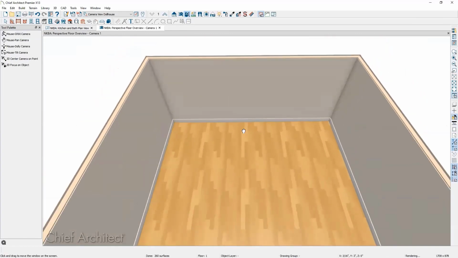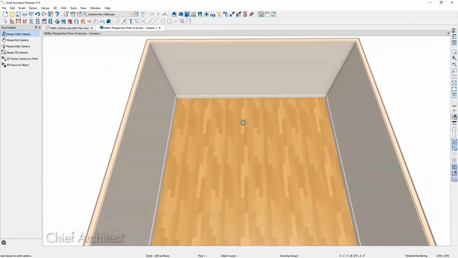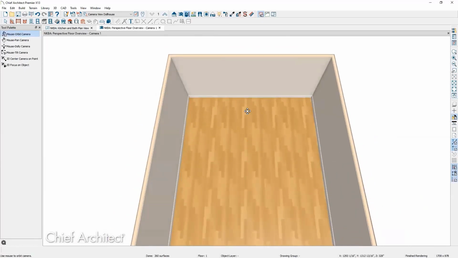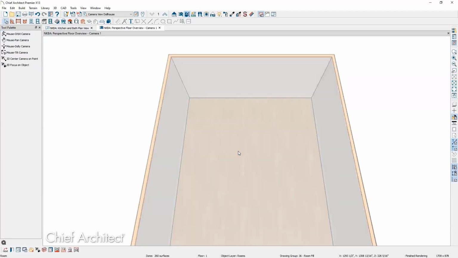So pretty easy and fluid to navigate through your 3D views in the software. The next thing I want to do is tell the program how this room is going to be used, because it helps automate our design process. So what I'm going to do is click in the room, and when you click on rooms